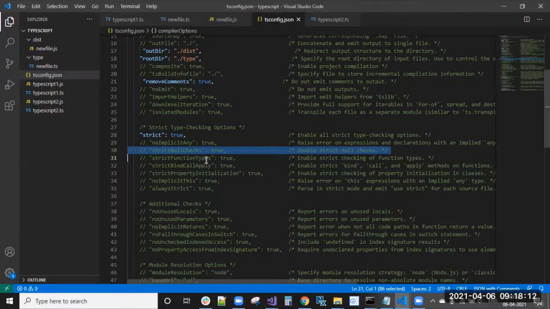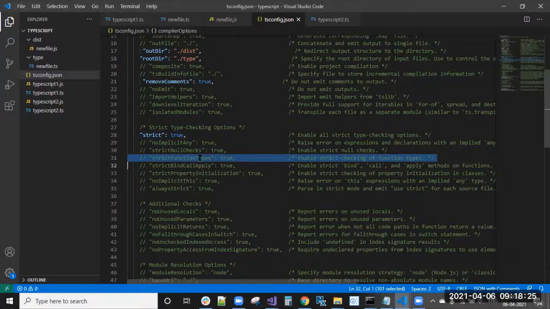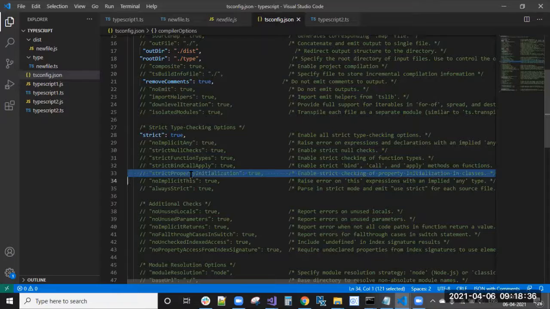Strict function types: if you declare the return type as void or string, but the output is different, in that case strictFunctionTypes true gives strict checking of function types. Then bind, call, apply, and strict property initialization, which checks for proper initializations.